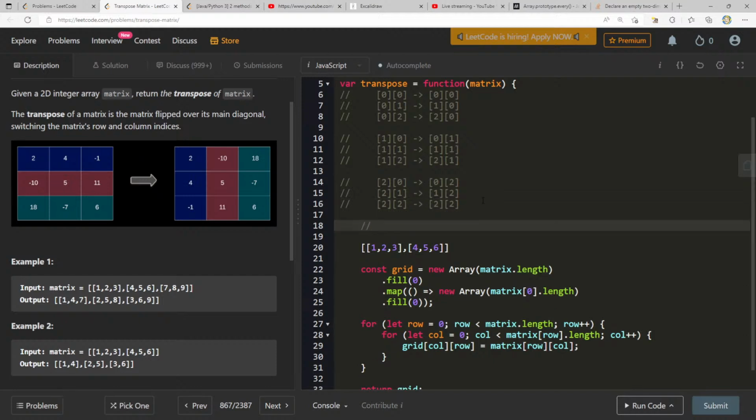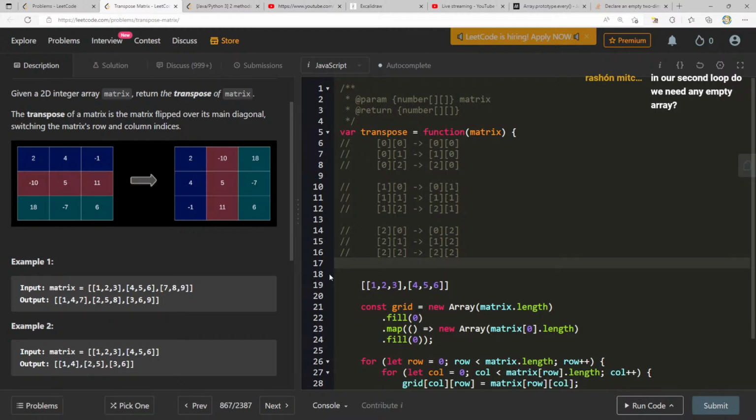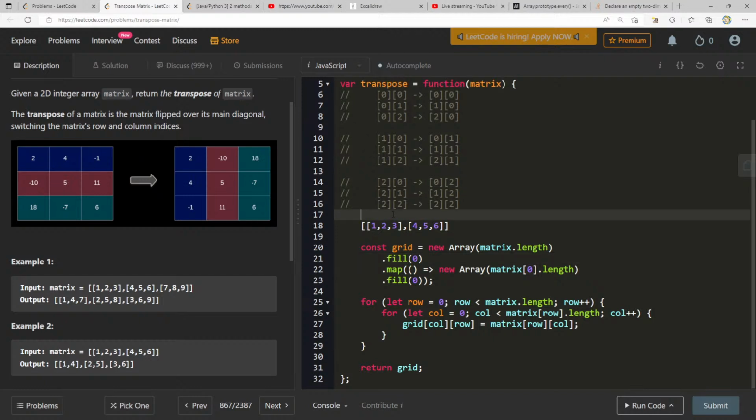If I'm just doing 0, 1, 0, 0, 0, I'm going to want to go through each one. So probably what I should do in our second loop, do we need an empty array? I'm not sure what you mean by that. If we need an empty array in our second loop.